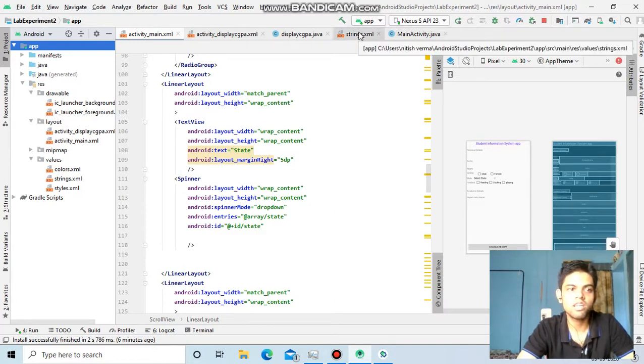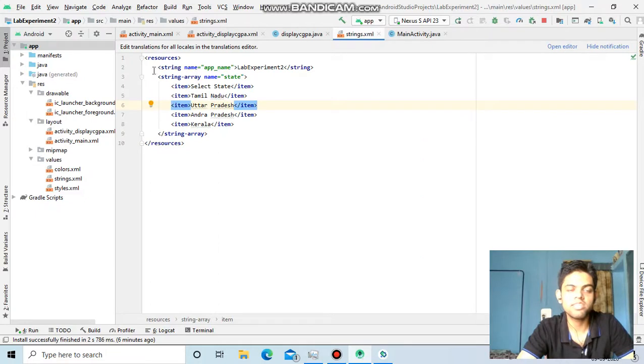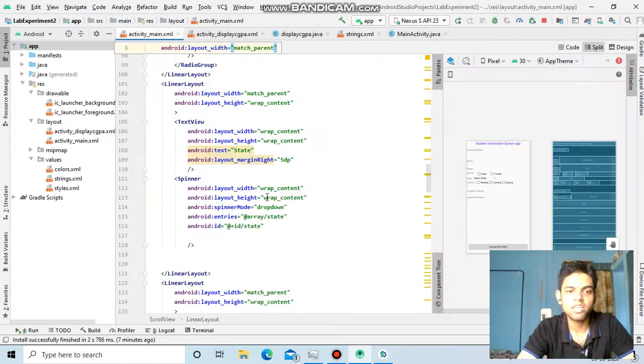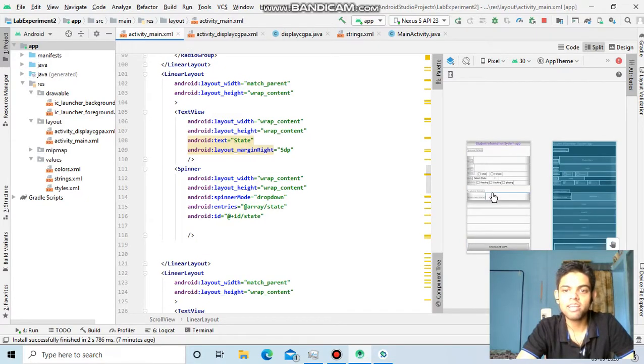Here you can see this is the array, this is the drop down menu. I have created the drop down menu for selecting a state, like Tamil Nadu, Uttar Pradesh, Andhra Pradesh. This strings.xml has been passed here at the rate arrays, and I have given the states. So here I am mentioning the array, and from that the drop down will be populated. Similarly we can add as many fields as we want.